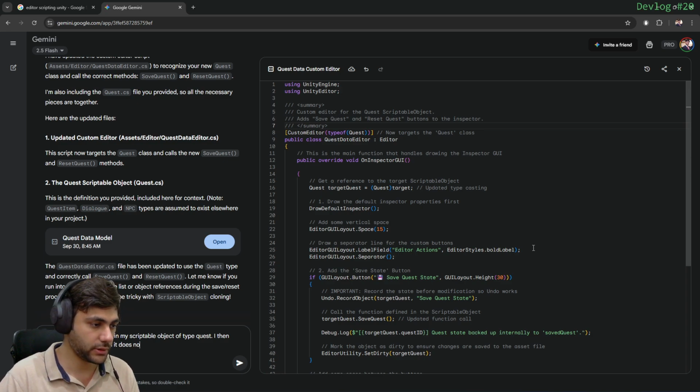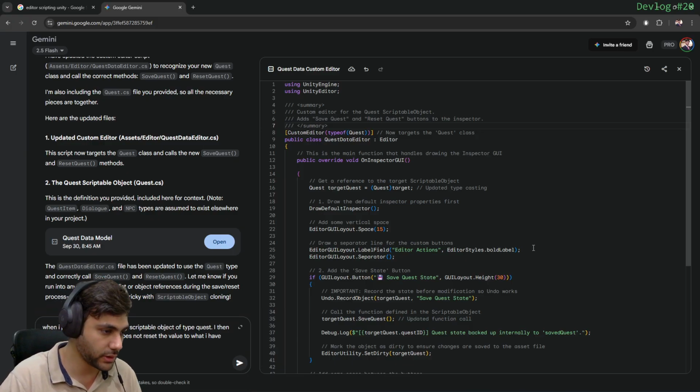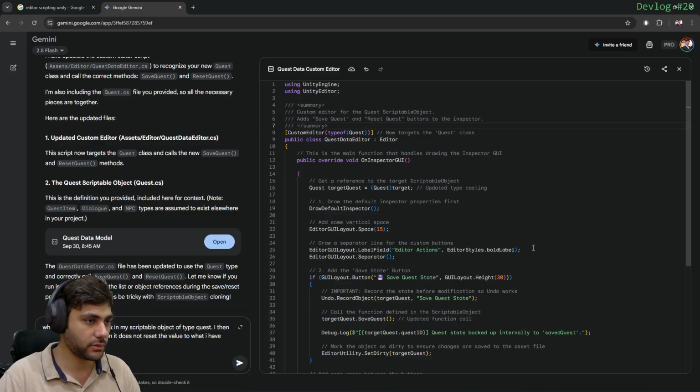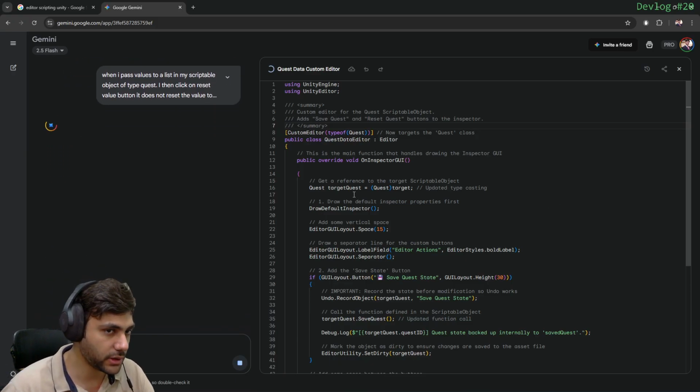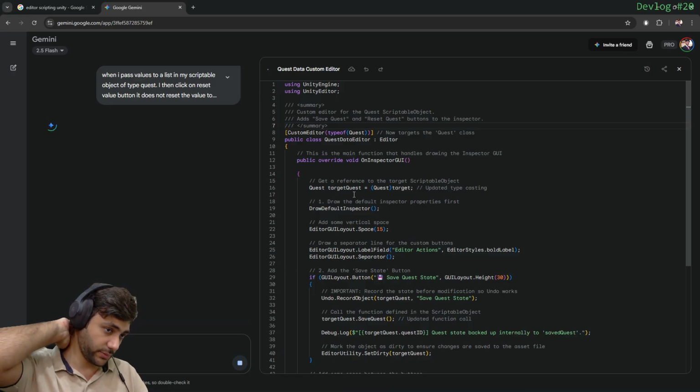It does not reset the value to what I have saved previously. Okay, let's just tell Gemini that we are having some problems with